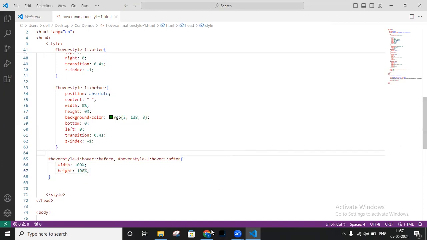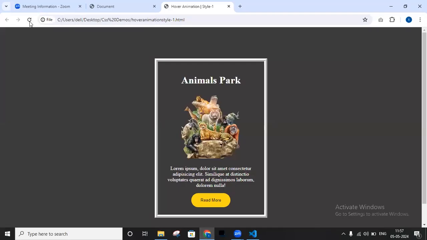Now go to the browser, just reload this page. When I hover on this one, see, we get an animation here. So like this we can